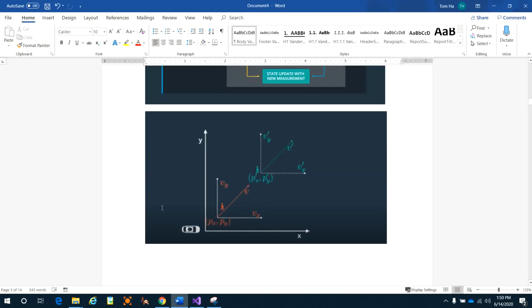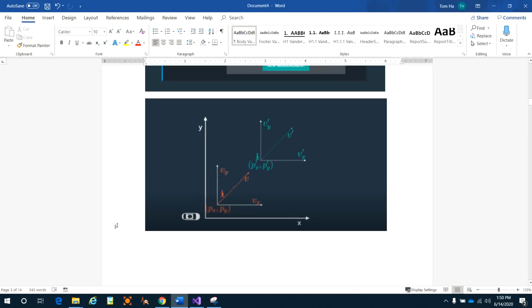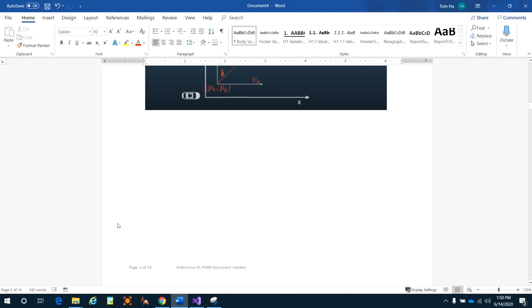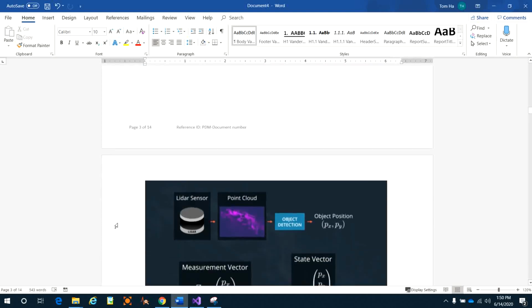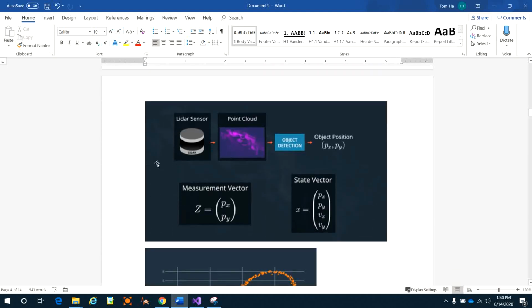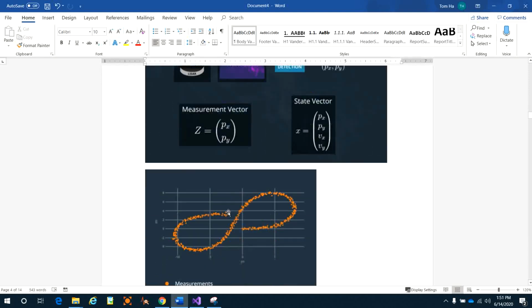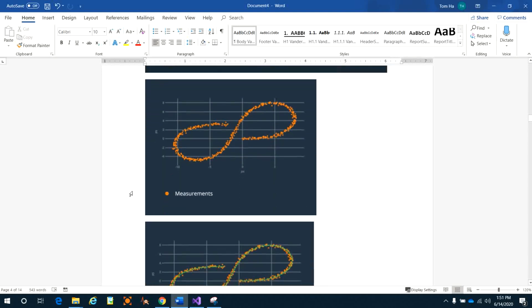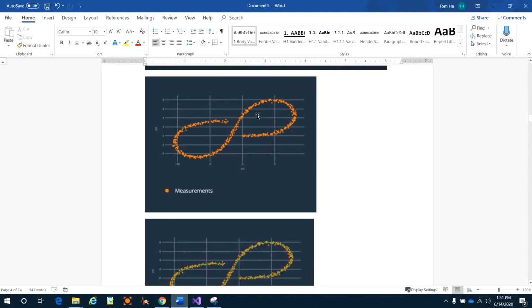Tracking pedestrians, with high-dimensional and non-linear motion. Right here, the lidar sensor does the object detection and gets the position, then after the camera and the filter, we get the correct tracking of the object. We will talk about this stuff later, it is more complicated, but